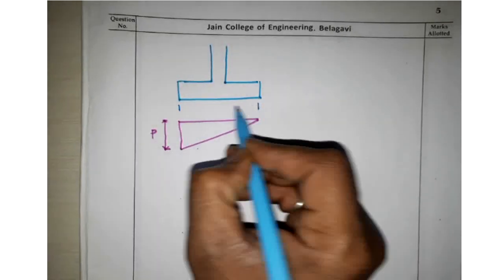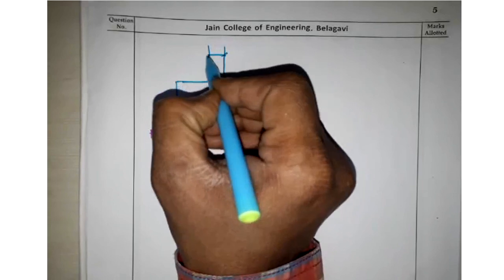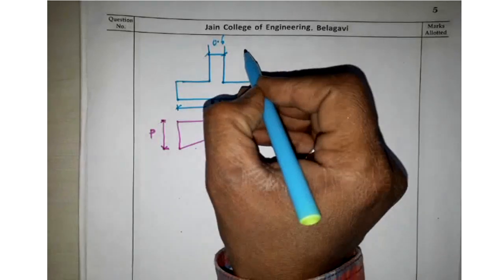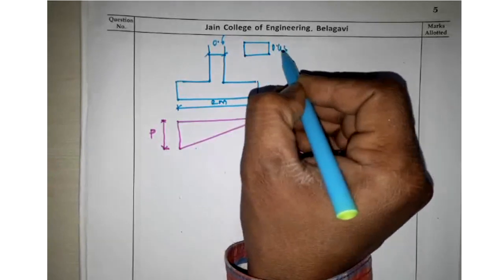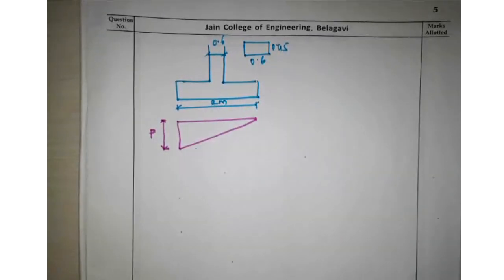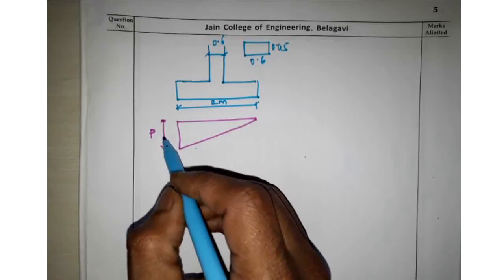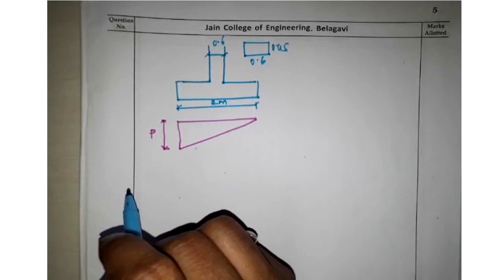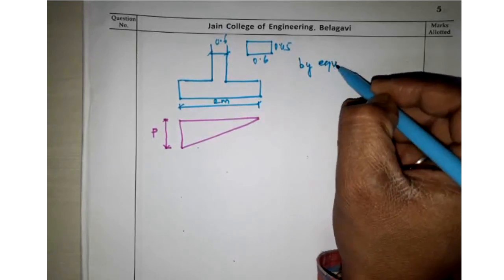Then we have the size of footing as 2 meter, and this width is 0.6. Okay, in plan it will be like this. This will be 0.45 and here it is 0.6. So we have to find out what this P is. Okay, so we have to use the equation, getting P by equating